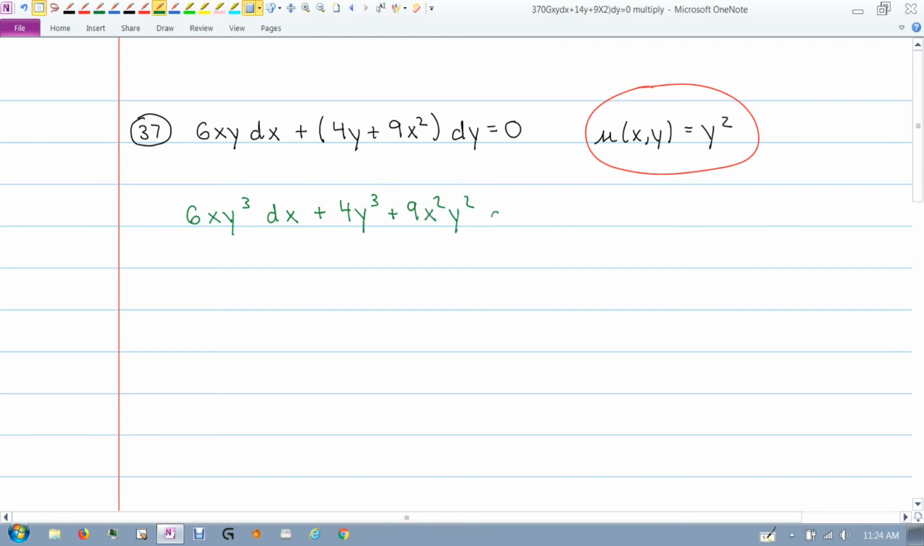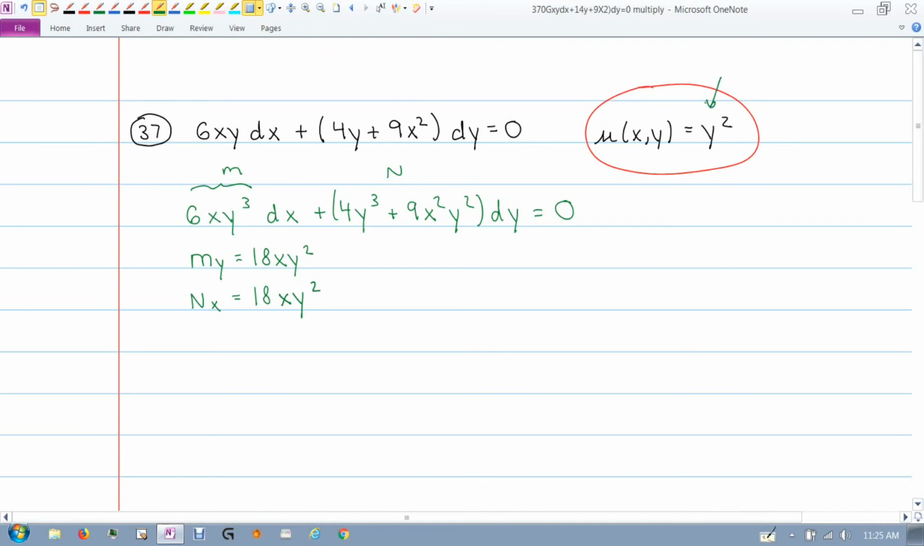Okay, so I've multiplied everything by y squared. Now, if I look at this and call this M and this N, then let's just check. What's the partial of M with respect to y? Well, we get 18xy squared. If we take the partial of N with respect to x, we get 18xy squared. So now we do have an exact differential equation, and all it took was us multiplying by this very